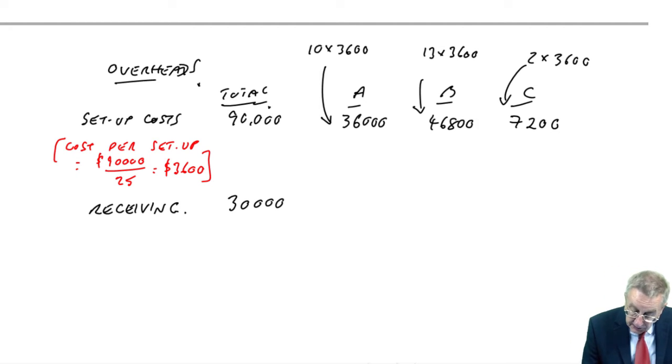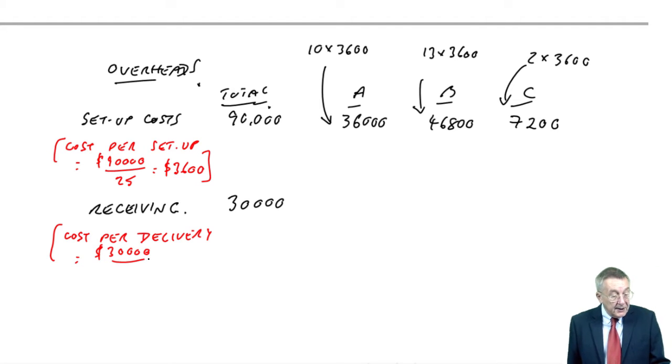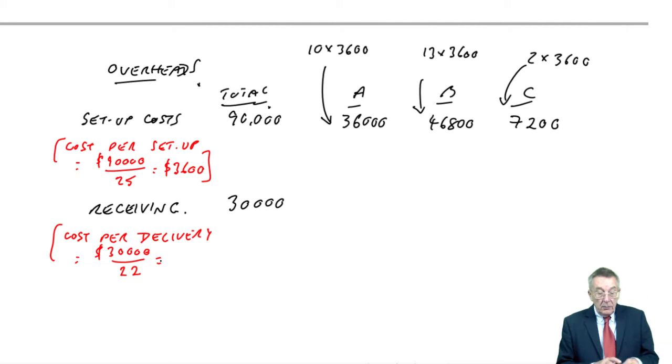And so, let's work out the cost per delivery. It's 30,000 in total. In total, how many deliveries? 10, 10, 2, so a total of 22, which means